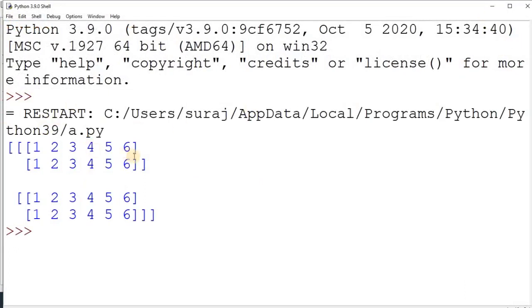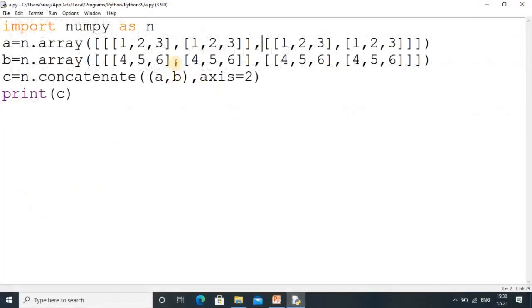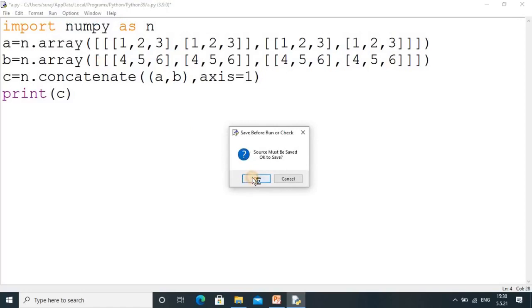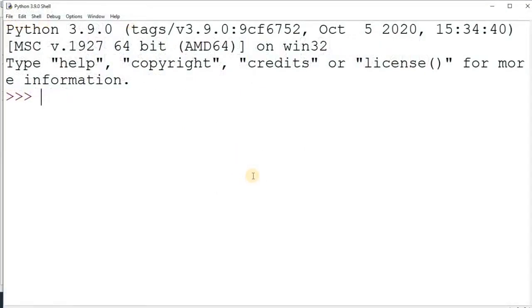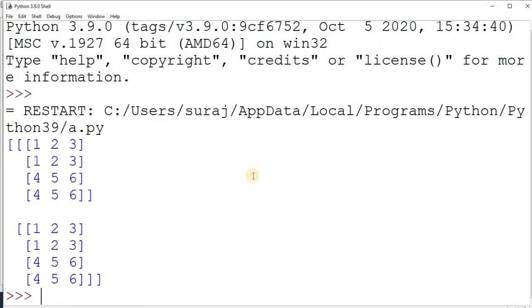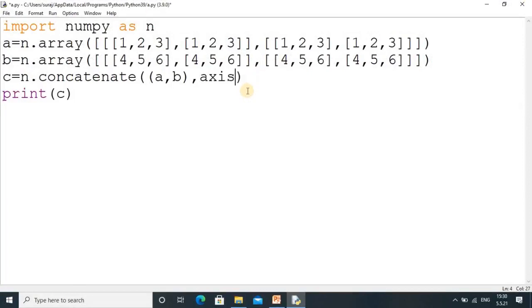It shows 1 2 3 4 5 6, and then 1 2 3 4 5 6 again. In this way you can specify the axis value. And if I give axis 1 here, you see the change: 1 2 3 1 2 3, and it comes in like that. So you can give an axis value,